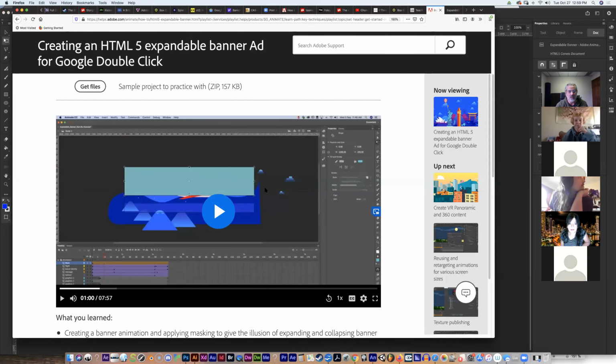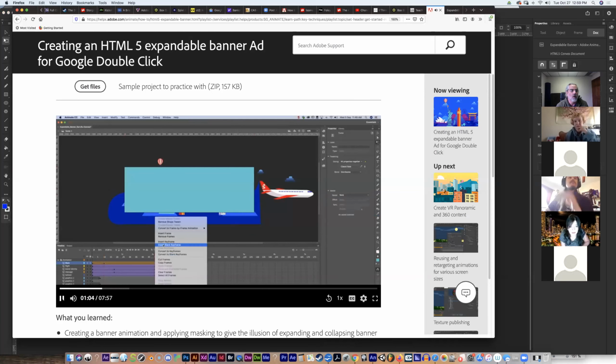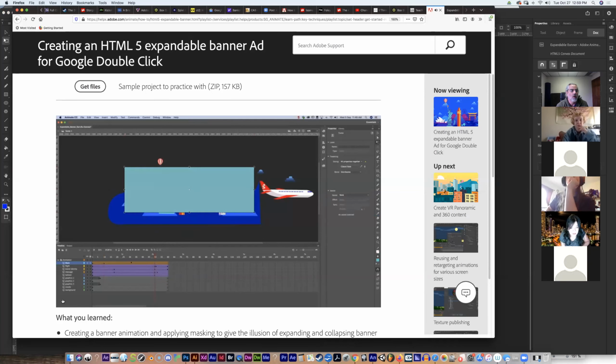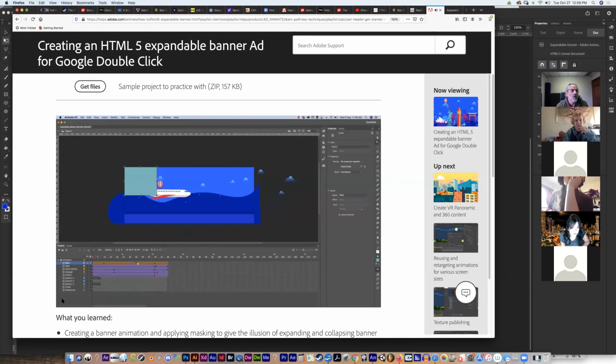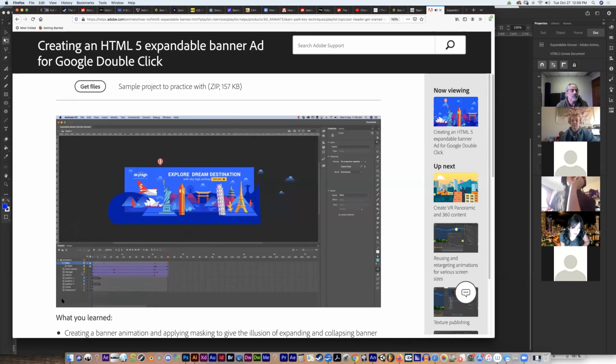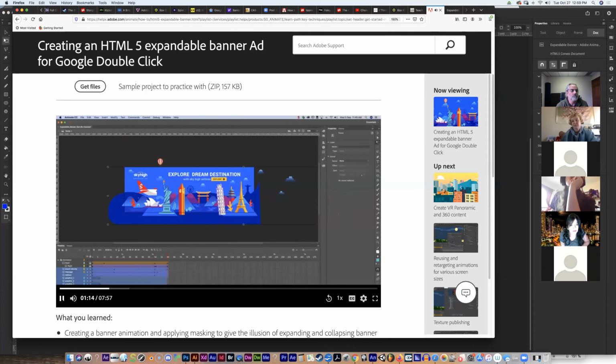So he just expanded his thing there. So we're in good position here. Note, the collapse process starts when the animation ends. We've defined how our banner opens and closes. All we need to do is convert this layer into a mask and bring all the other layers under it. Okay, so